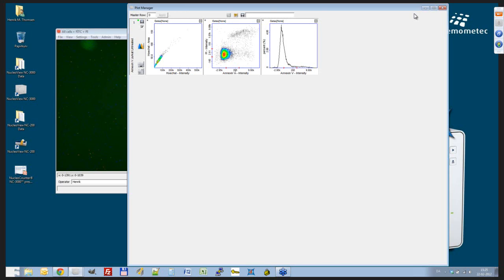Annexin 5 is the measurement of apoptotic cells. The more Annexin 5 bound to the cells, the more phosphatidylserine is dislocated to the outside of the membrane, meaning the apoptotic cells. And we have propidium iodide showing the dead cells here in the top upper part. And we have a histogram also showing the Annexin 5 intensity. And if we compare with our treated cells here,